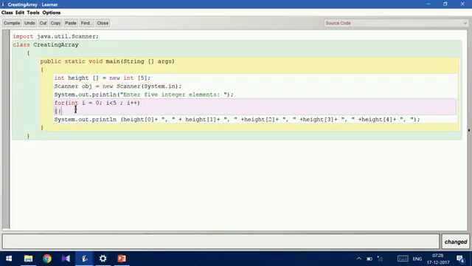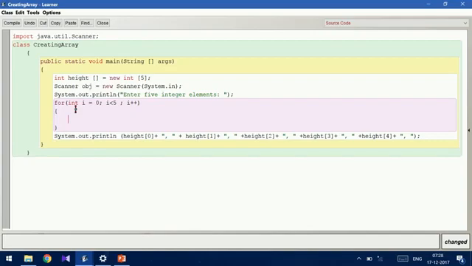Here I open and close the bracket. Inside, I write the name of the array, here height. Height of, see, instead of giving the index 1, 2, 3 like that, I am going to give i. So it starts from 0 and goes up to 4, is equal to the object name obj dot nextInt of.